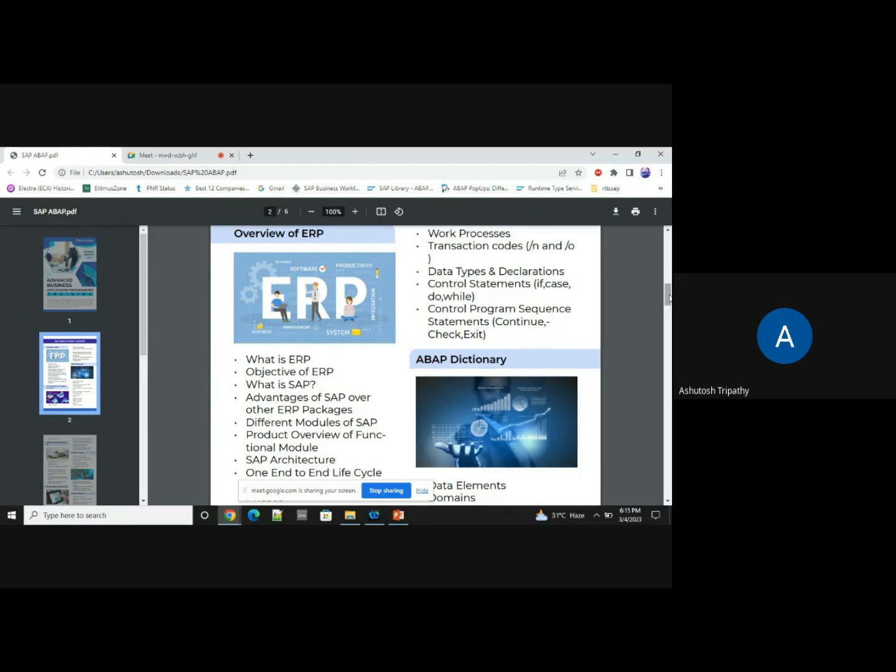Next to SAP, we have Oracle, JD Edwards, and Tally, which is solely used for accounting purposes, and so forth. There are so many other players present in the ERP market, but SAP is one of the oldest players and also the most widely used software in the whole ERP industry. It caters to basically 60 to 65% of the market share.